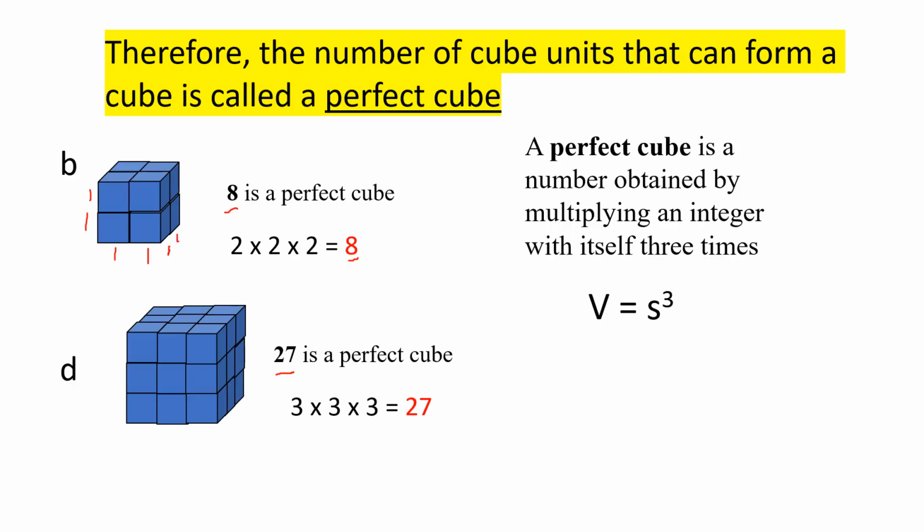So once again, class, for a cube, all sides are equal. So we have 2 units for our height, 2 units for our length, and for our width, that would be 2 units. S represents the side. So simply substitute the value of our side, that is 2. So 2 cube, you can read that one, class, 2 cube or 2 raised to the power of 3. So once again, if you have 2 cube, it doesn't mean 2 times 3. It means that you multiply this 2 by itself 3 times. So that would be 2 times 2 times 2. And the answer, class, that would be 8 cubic units. So the volume of this cube for letter B, that would be 8 cubic units.